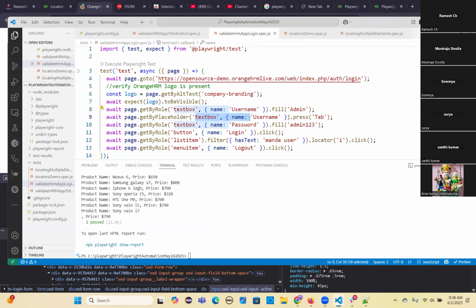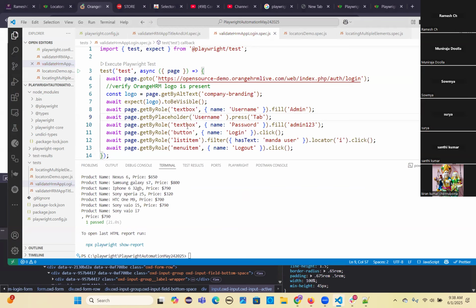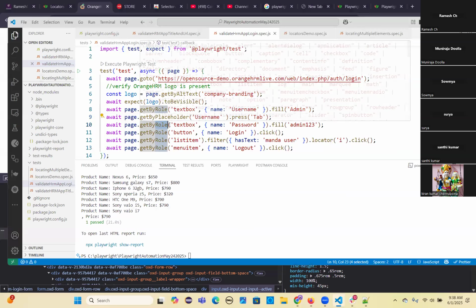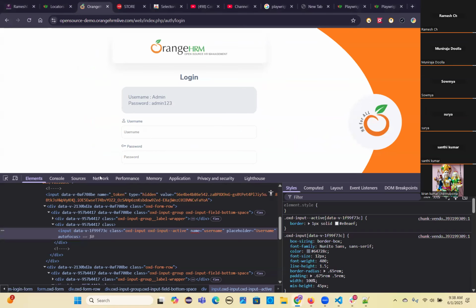I think this is a username only. Just press the tab. So get by role is there, get by placeholder is there, and another one I'll use a get by placeholder. Even get by placeholder is similar, I think. So for the password,